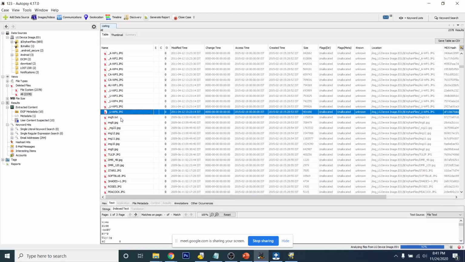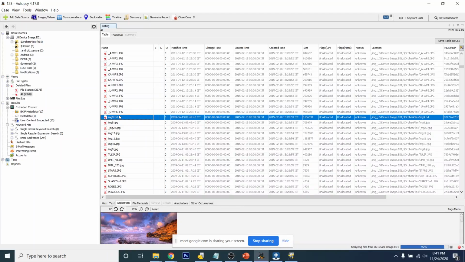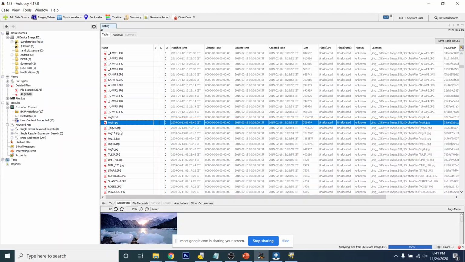See, this is the damaged image, but when I click on this, you can see it has .txt format, and when it is opened as a JPG format, it is an image, but it is showing as a txt. So it might also be possible that it is used for steganography. Steganography is hiding text behind an image. It is used for secret transmission of messages.